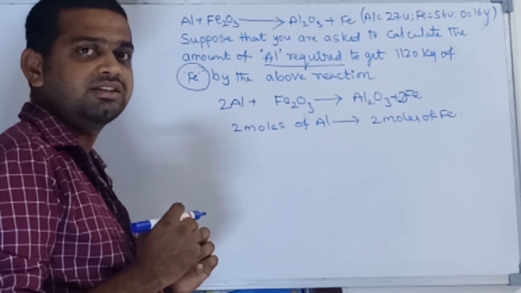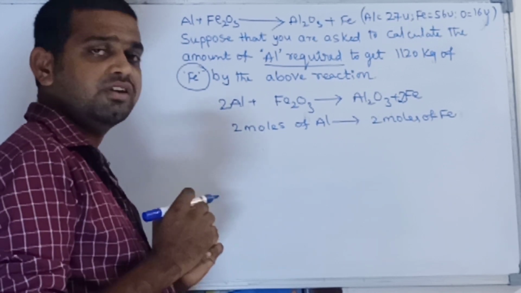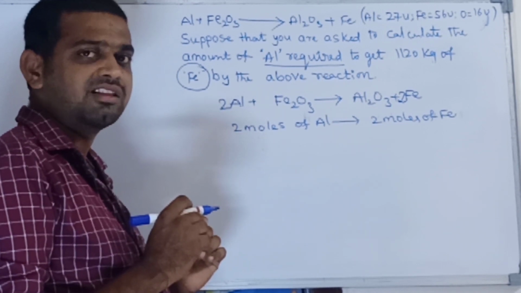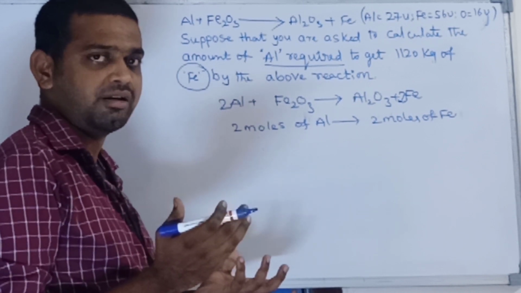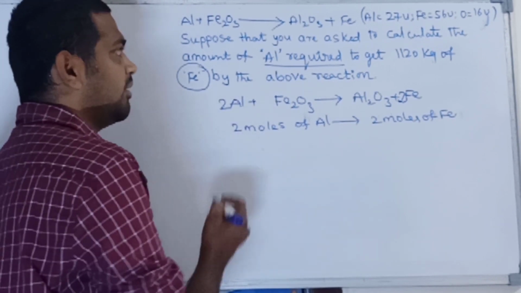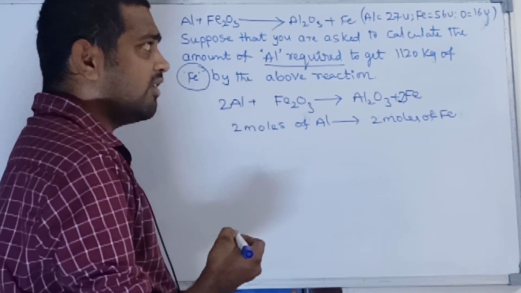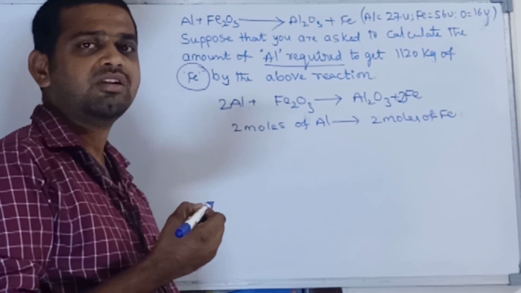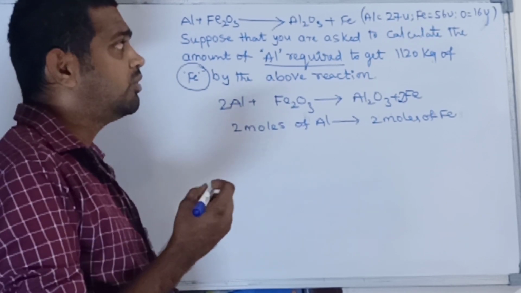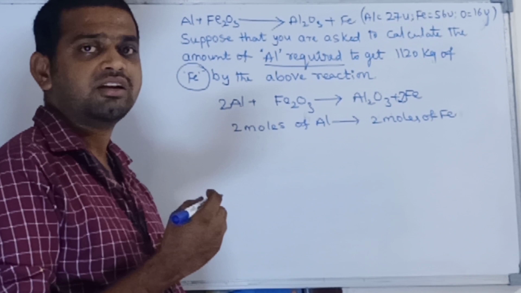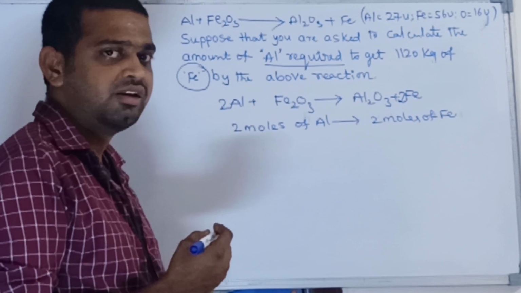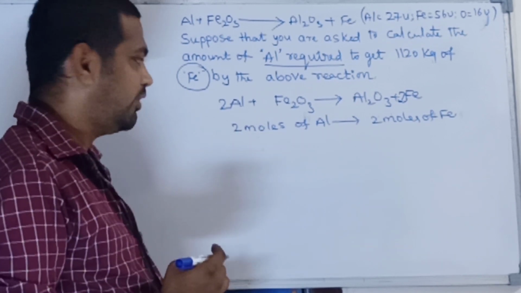This is the very important step while solving this kind of problem. First, you should balance the chemical equation. Then after, you need to establish the relationship between the required quantity and the given quantity. That is the main thing. So for 2 moles of aluminum, the weight of the aluminum in the question itself is given as 27 units. Units are nothing but grams. In the olden system, we were using units. Nowadays, we are measuring in terms of grams. Units are expressed in terms of grams only. Don't get confused by the symbol U.